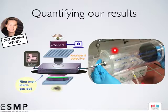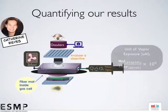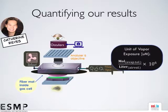These 1 liter syringes don't exist in glass. They exist only in polymer, and that turns out to be a problem. I'll come back to that in a moment. So we give the units in